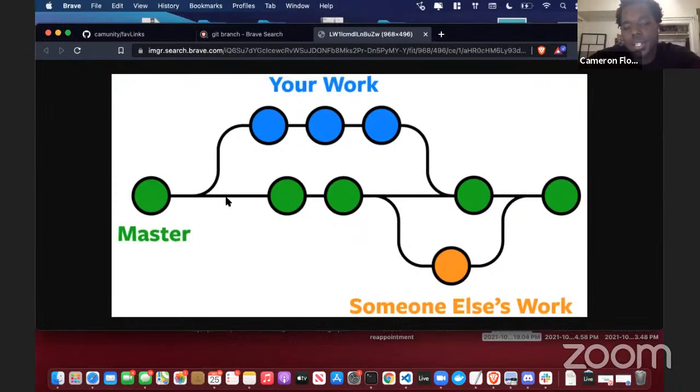So what becomes helpful is that we might have one main history, which we might call main or master, depending on how you start your project. Your repo normally calls it either main or master. You could think of that as your main history, which is represented here in green. Off of that, you might want to create a history that represents your work, and your partner might want to create a history that represents their work. To do that, we use this concept of branching, which is that at any point in time, no matter where in the history, you can create a branch from that particular snapshot to create your own history